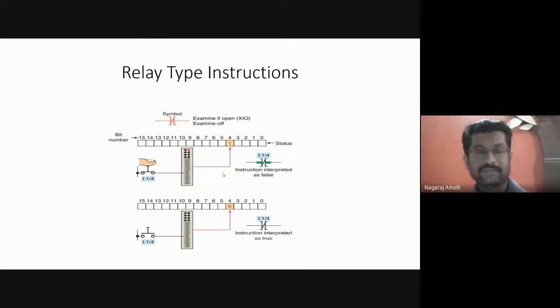You are seeing something here, is it not? I:1/4 is connected, and we are pressing the switch that is being stored as 1. And it is considered as false condition.